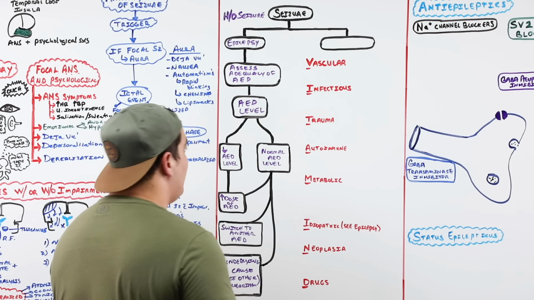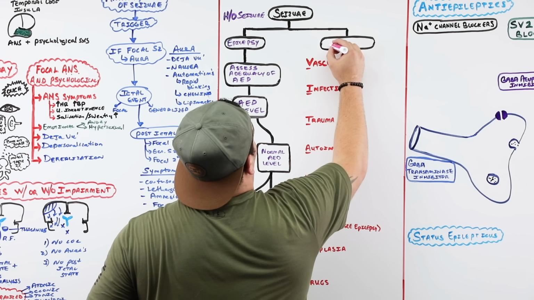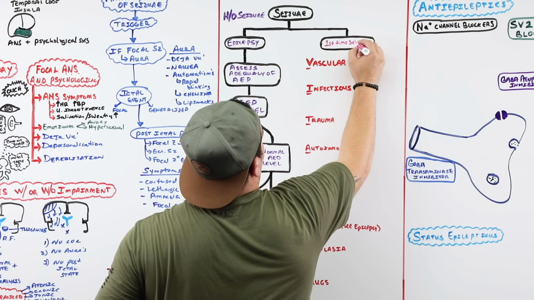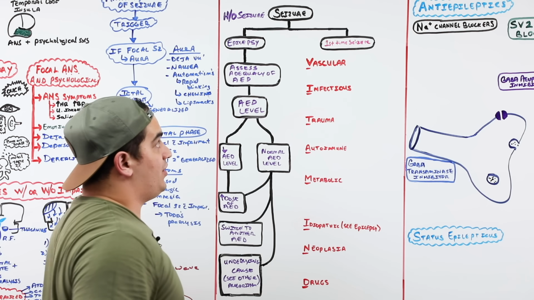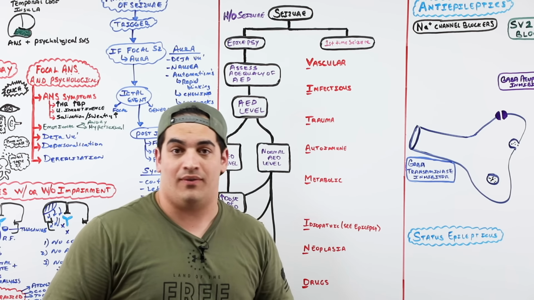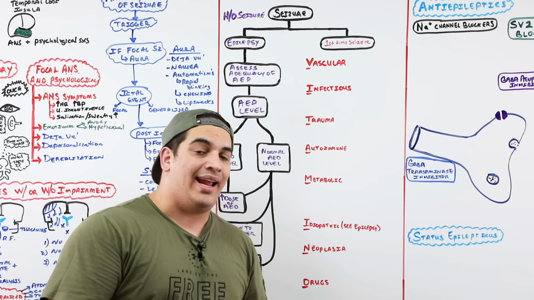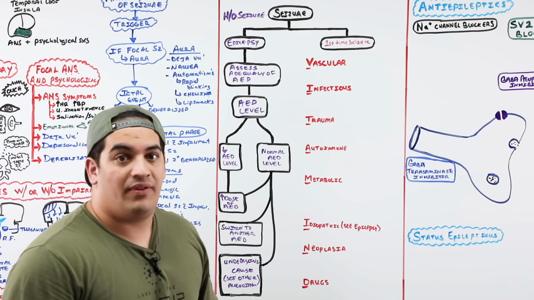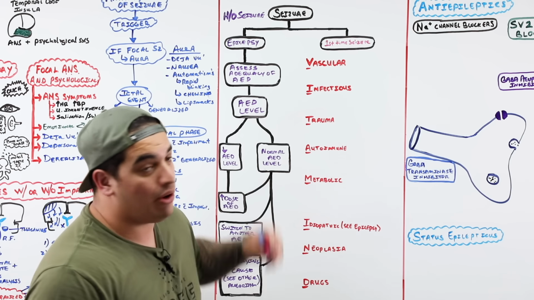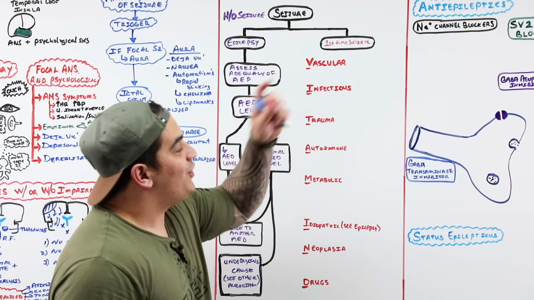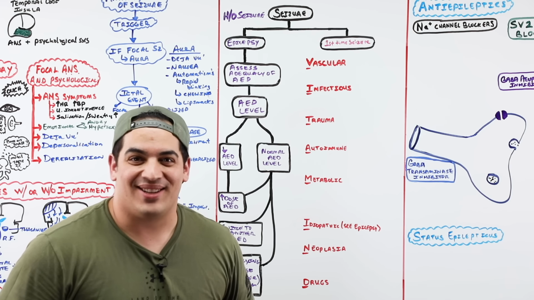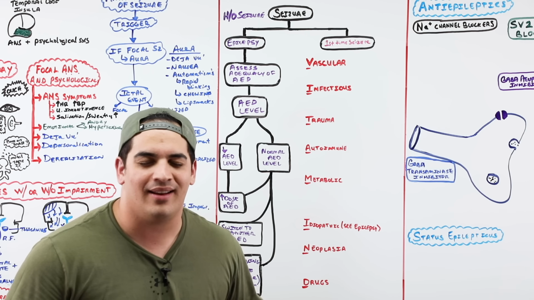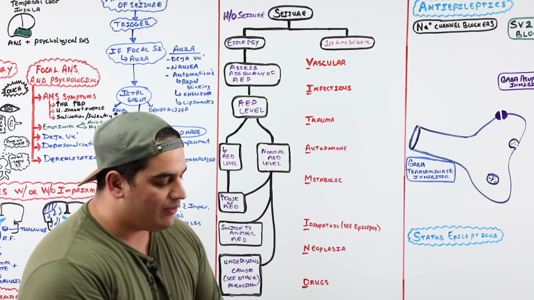Okay? Now, the next thing here is they have a first time seizure. So there's no history of seizures. This is the first time that they've ever seized. You have no history of it on chart review from the patient, from the family, whatever. You need to go through these causes and figure out which one of these is the reason that this person seized. First one is vascular. What were the causes of vascular? Acute ischemic stroke, subarachnoid hemorrhage, intracerebral hemorrhage, anoxic brain injury, and PRES, posterior reversible encephalopathy syndrome.